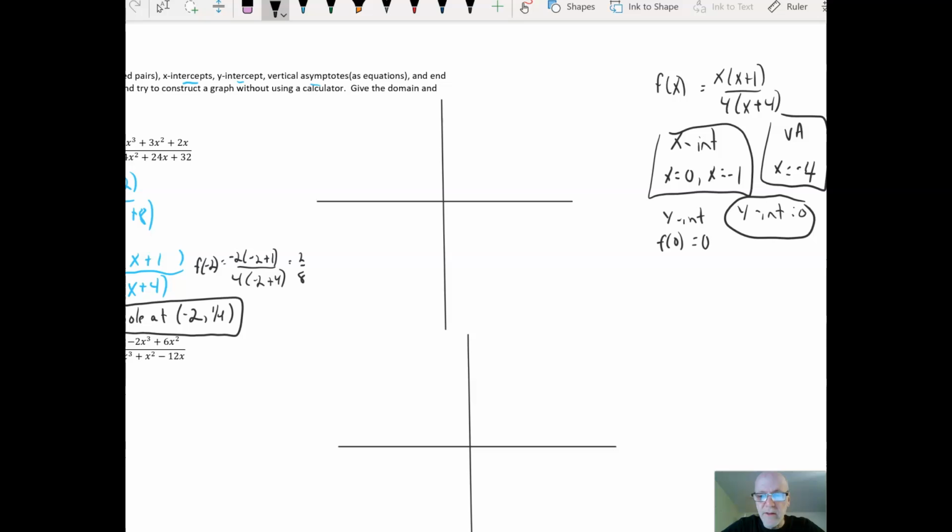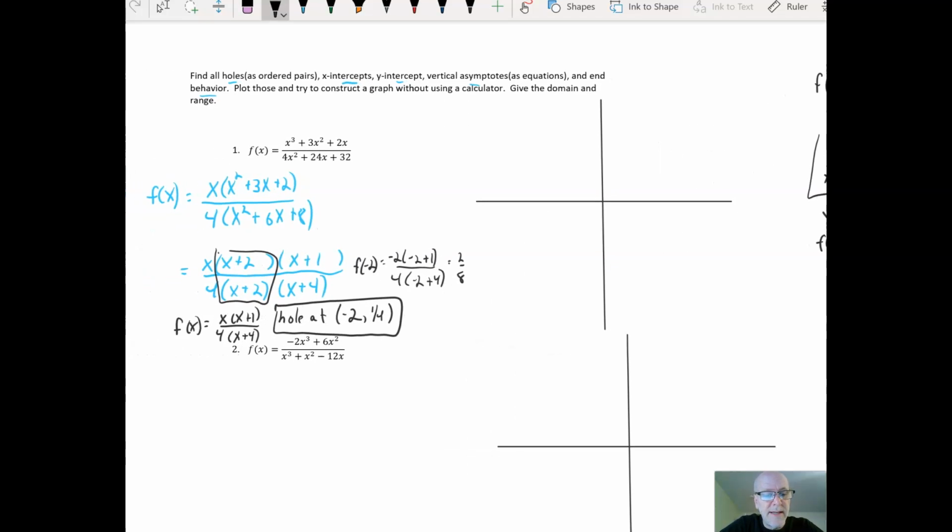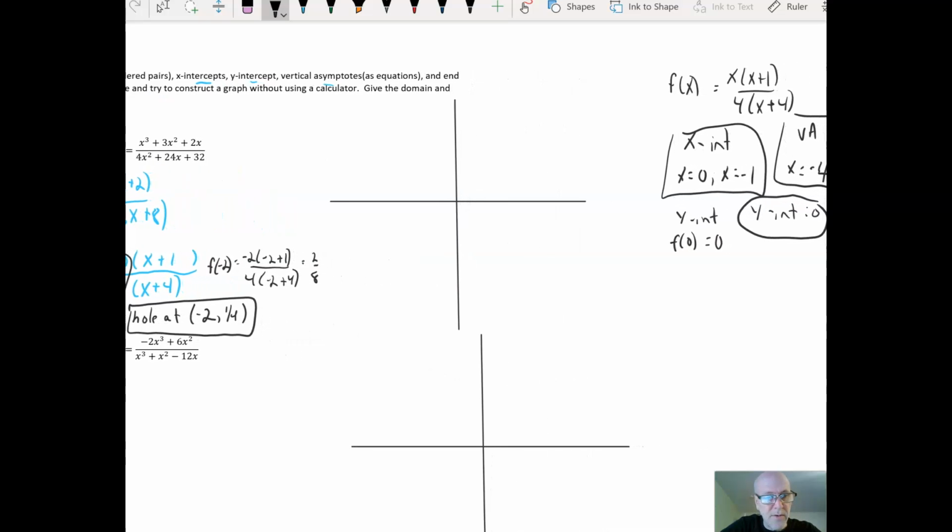All right, one more thing that we need to do before we can plot this and before we start putting all this information onto the graph is to get the end behavior. So when we look at the function and we see that the numerator is third degree and the denominator second degree, that tells us that we need to do long division to get the oblique asymptote in this case. So we need to do the whole thing with long division. So let's see, we have 4x squared plus 24x plus 32 into x to the third plus 3x squared